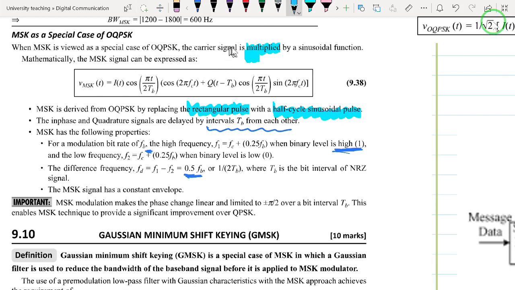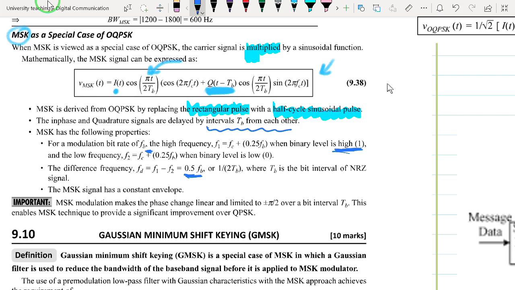So we would want to find out how the transmitter of MSK would be implemented, and the first thing is to look at the equation that represents an MSK signal. As we have seen in our previous video, we divide the signal into in-phase and quadrature components. The quadrature component is delayed by T_b, the bit duration, and for us to be able to generate the continuous wave, we require a slow wave or a slow signal whose frequency is